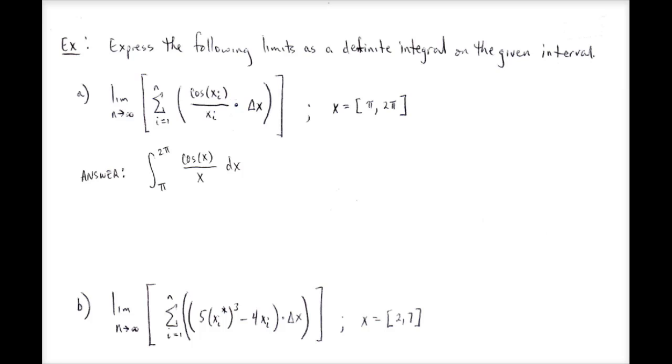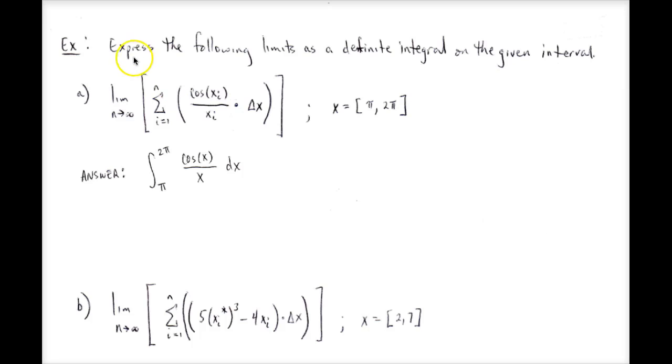All right, so the last thing that we want to do is be able to express the following limits as a definite integral. So remember how we were talking about how we actually went through the process of taking a Riemann sum and evaluating that, and then doing the limit of that to see what the actual value is, or the value of the area under the curve. But now we're just saying, hey, let's interpret this notation here as